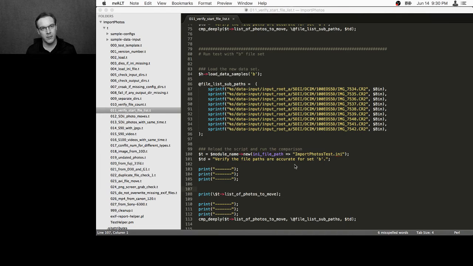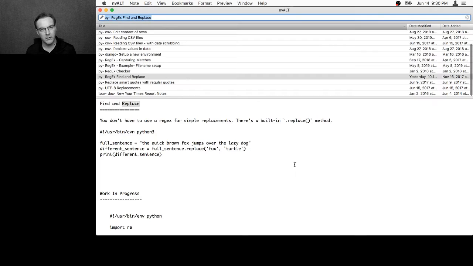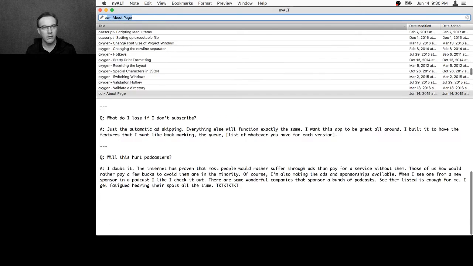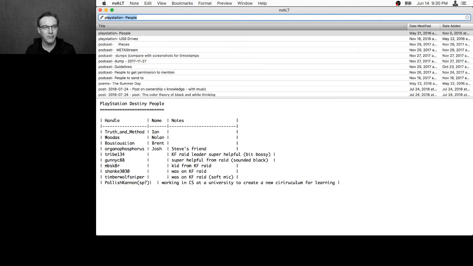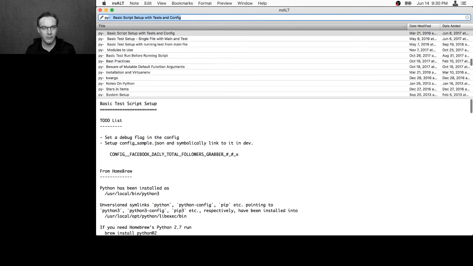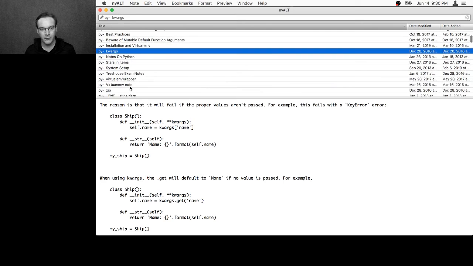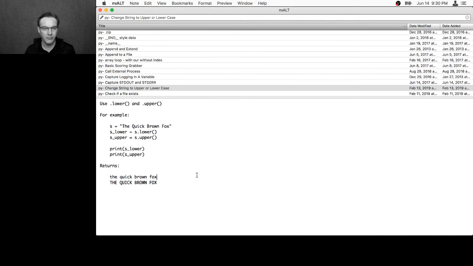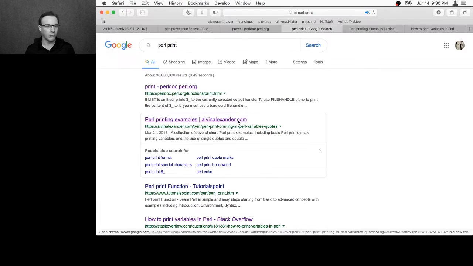So, I use an app called NV Alt, which hopefully isn't going to flash anything sensitive. Right, yeah. Oh, actually, we're going to do this. No, we're not. I use this app to do a whole bunch of stuff. Pi is my thing for testing, so here's all my little scribbles about Pi stuff, Python stuff. I used to have a bunch of stuff about Perl, but I took all that out of NVAlt, out of my little grimoire or whatever, so now we're actually just going to Google